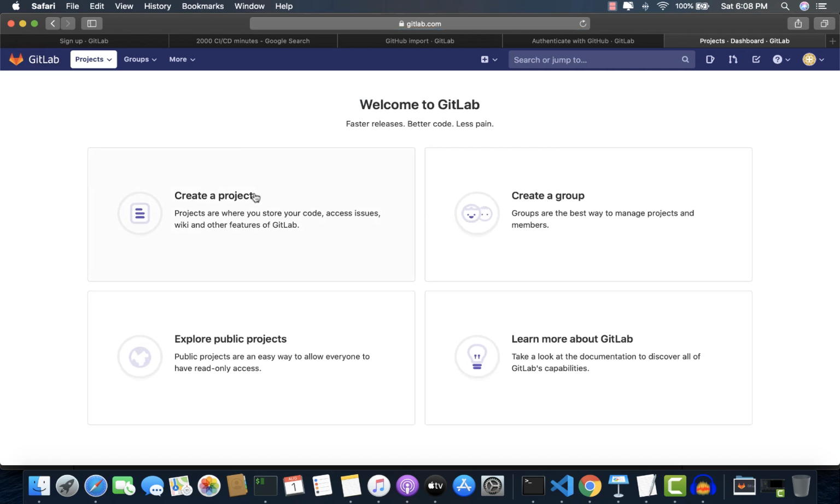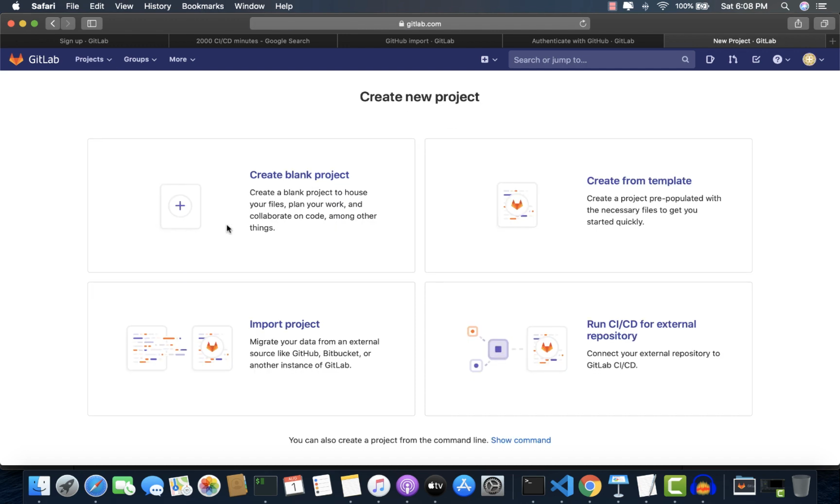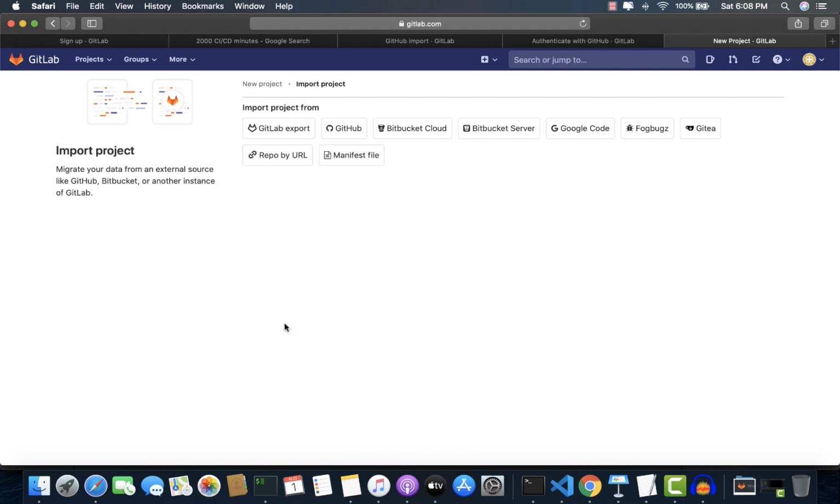Okay, so let's go back here again, and this time we are going to see how we import projects from other source code management providers. Just select import project, and here we have this list of options. You have other GitLab projects as well, so if you want to include any projects from any other GitLab host, you can take it from there.